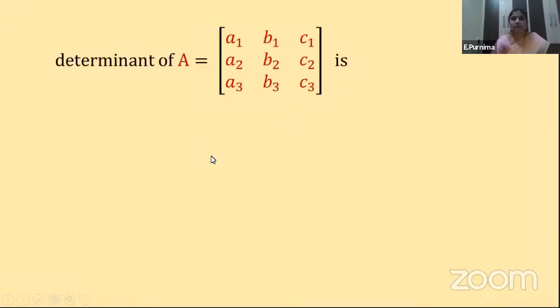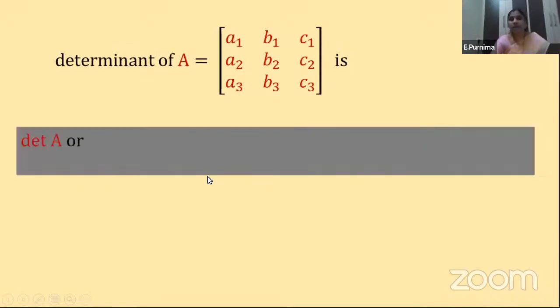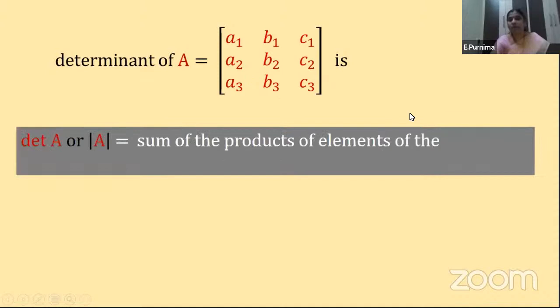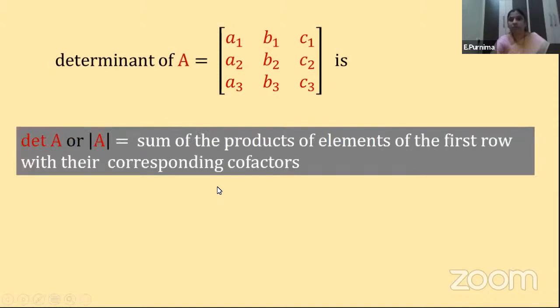So now the next one I have seen, children, is the determinant. The determinant of A is given by, if a matrix is like this, the sum of the products of the elements of the first row with their corresponding cofactors. See, children, here the first row is written. Again, in the last class also I told you it need not always be the first row. You can find the determinant using the first row, second row, or third row, or first column, second column, or third column. Understood? Here the first row is written only because I am expanding along the first row. But it can be done using any row or any column.